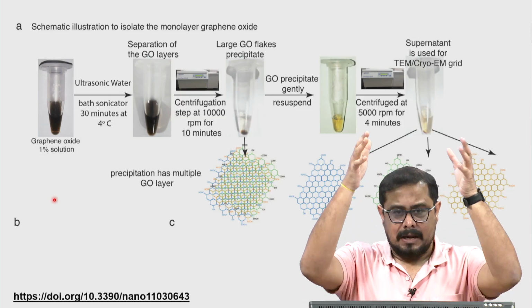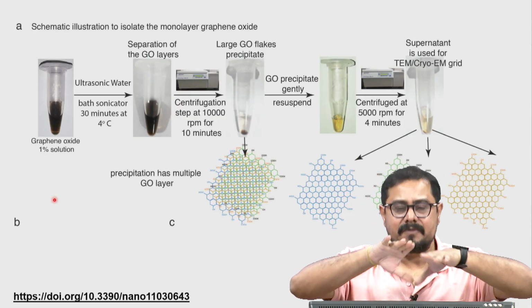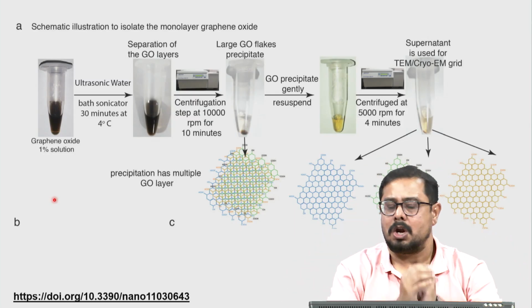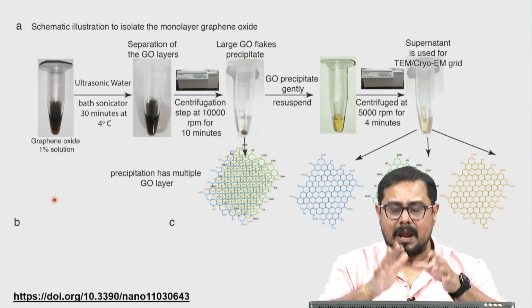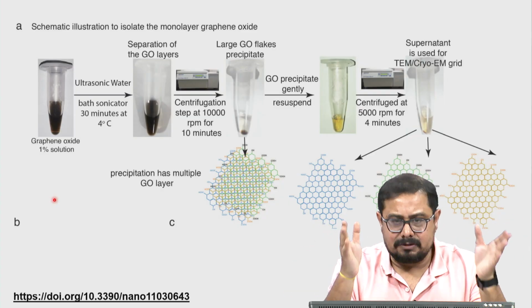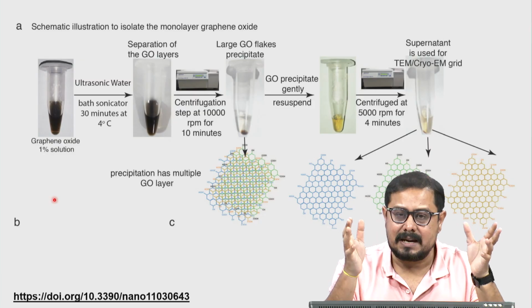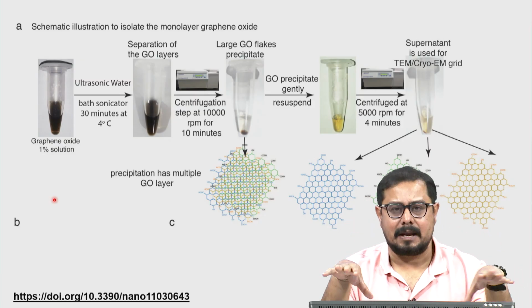The electron beam will go through, because graphene oxide or graphene is transparent, and the electron beam can go through that graphene easily. So it is not going to affect our imaging, and no artifact is going to come, and graphene oxide or graphene is strong enough that it can handle the electron beam.